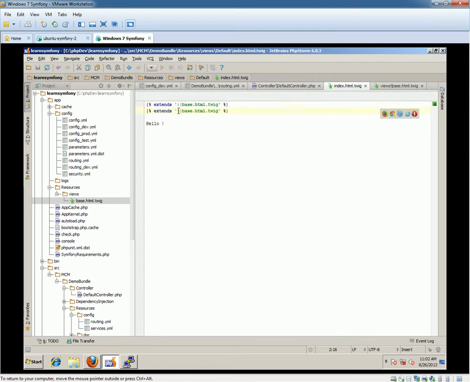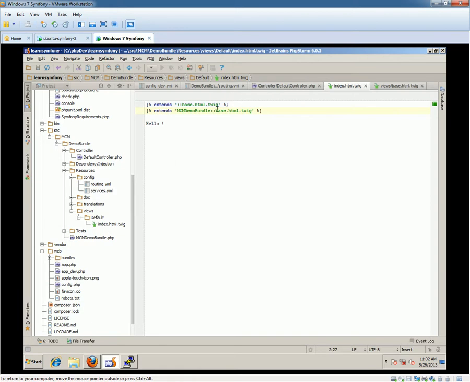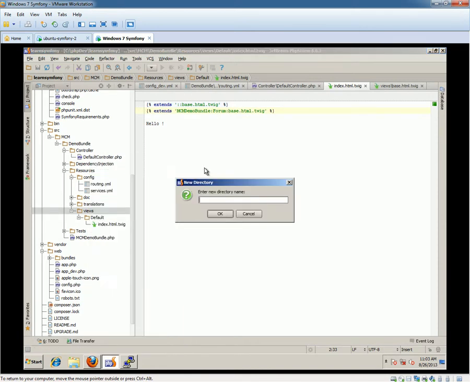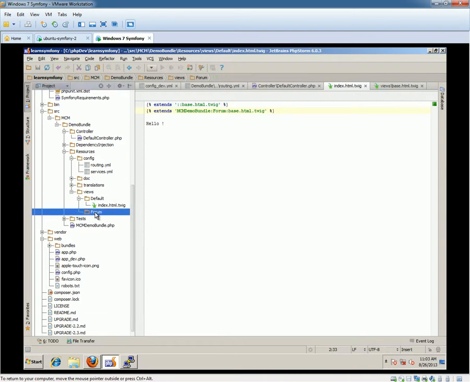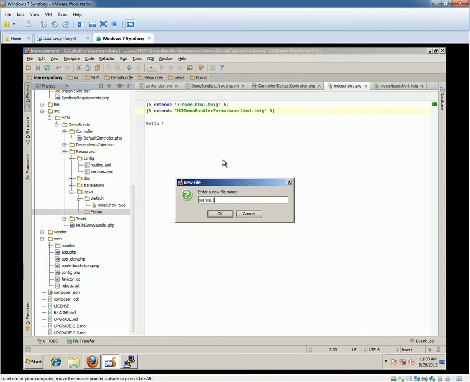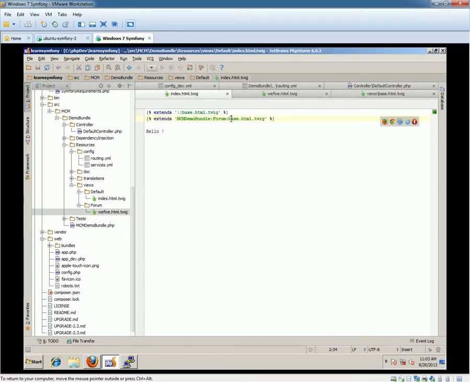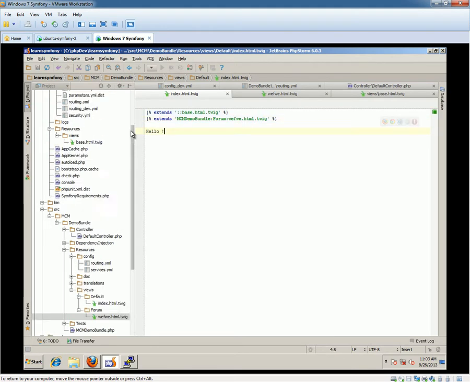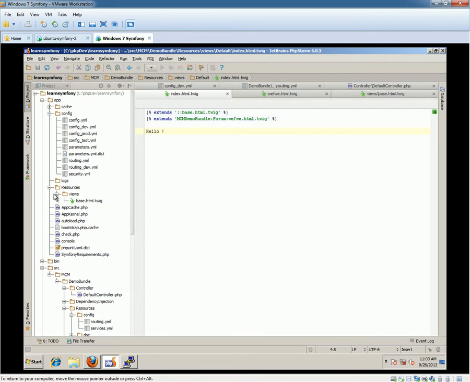So normally you would see something like the demo bundle, and then you would see a folder name here, so it might be called something like forum, and then you'd have in here a folder called forum, and then in here you'd have whatever template.html.twig. But because this is extending from your app directory, the shared common directory,